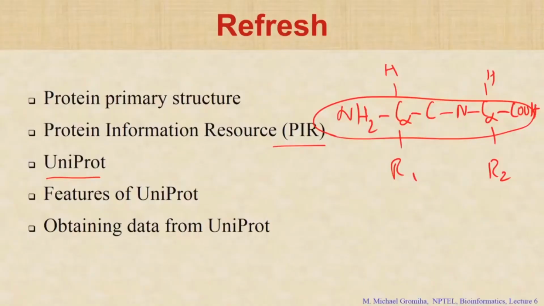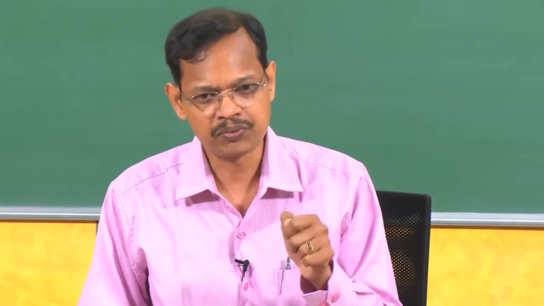Then how do we obtain the data from UniProt? For example, if you want to obtain the data for transcription factors, how do you get the data? Go to UniProt, use the search option, enter transcription factors, and you will get a list of sequences. If you want to remove redundancy, you can do that, but there are only a few options available in UniProt. What are the options? 90%, 50% and 100%. You get all the sequences at 90% and 50%. If you want 50%, you select 50%